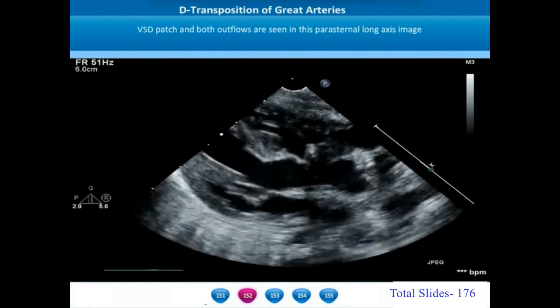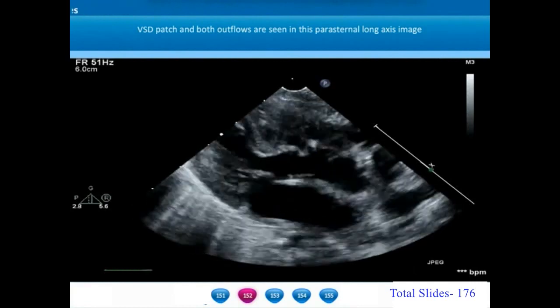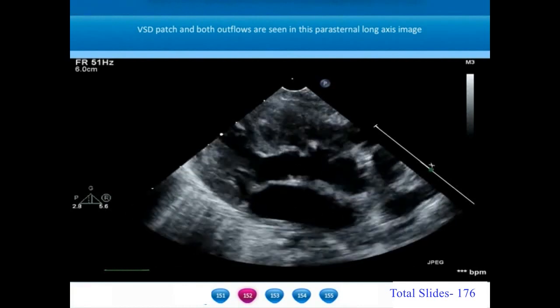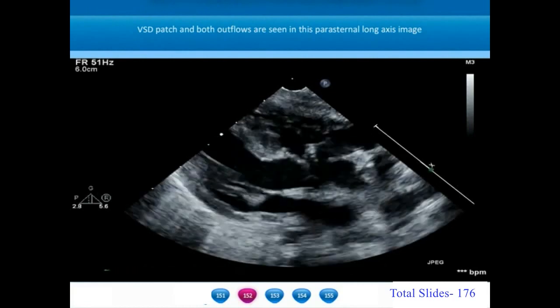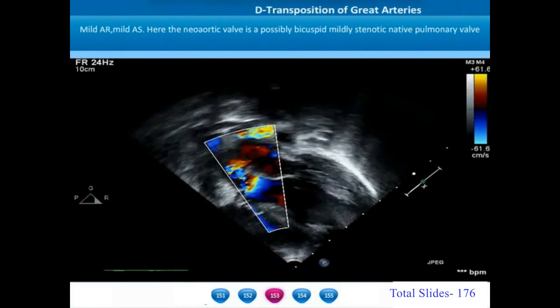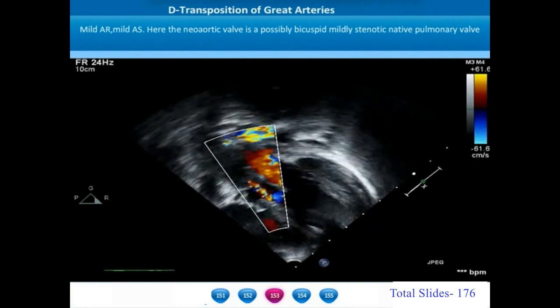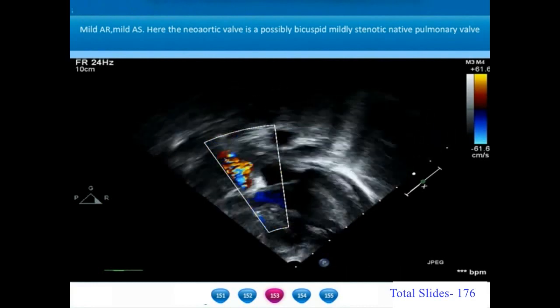Parasternal long axis view after an arterial switch with VSD patch closure shows the patch in the subpulmonary location. The left ventricle is now pumping into the neo-aorta and the right ventricle pumping into the neo-pulmonary artery. After the arterial switch operations, there can be milder degrees of neo-aortic regurgitation and milder degrees of left ventricular outflow